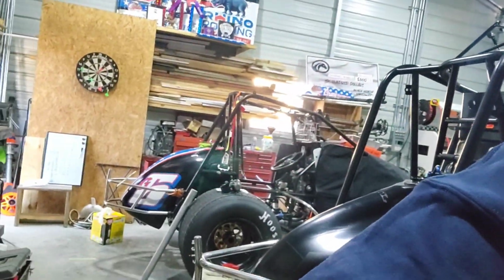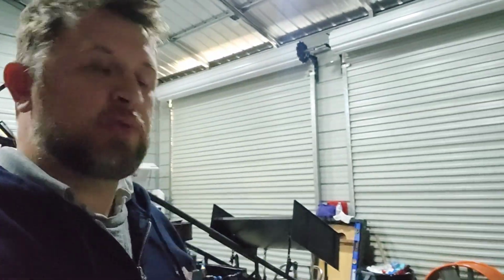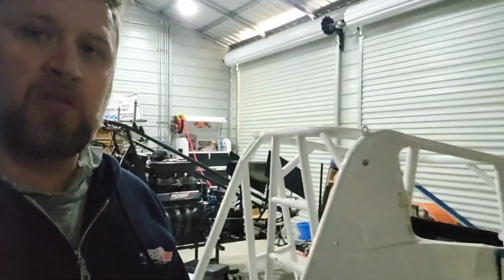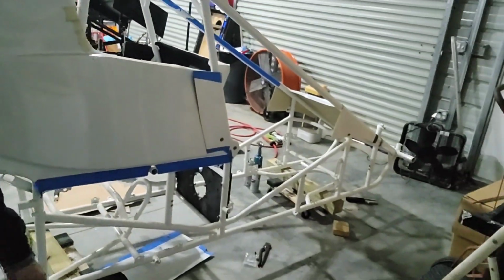By the time we're done with this one, our other car over there, the other Top Gun car, will not look like a complete race car anymore. But this one's got a brand new body on it, so I just got to make all the aluminum tins. I've already started cutting some out and some cardboard, do some dry fit and make sure things are good. I'm going to put the hood on so I can do the right side